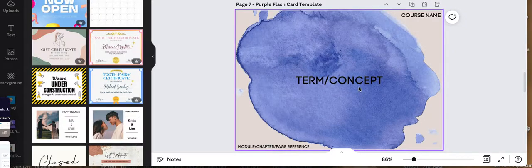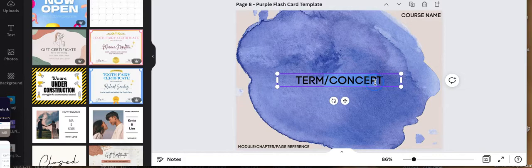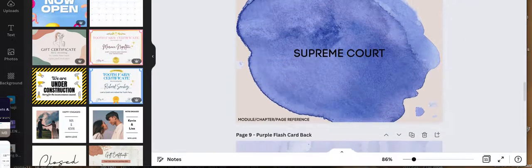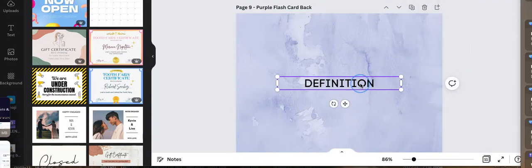It doesn't really matter. You can just copy this card, as you can see, and then on the other side there would be a definition.